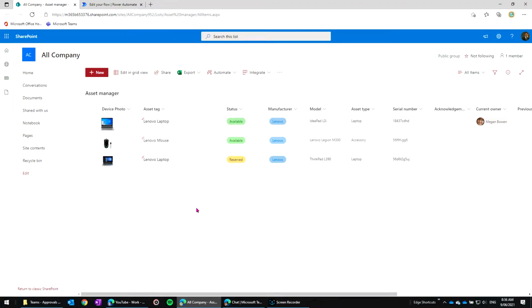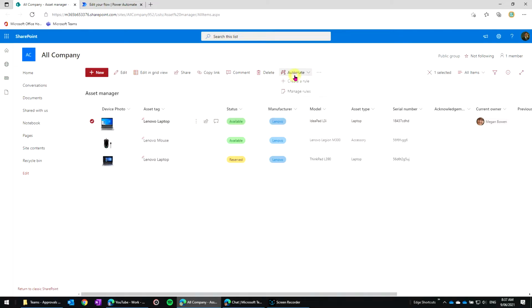So here I am managing my list of assets, my IT assets, and I've got 3 records here. What I'm going to show you is in my first record, this asset, this Lenovo laptop, what I want to do is assign the physical product to Megan, and I want Megan to acknowledge the receipt of that product that she's received. This field here is an acknowledgement date, and at the moment it's blank, but after the receipt and acceptance that date will be filled in, so we'll come back to that. So the way we run that is just select the item that I'm going to do that,